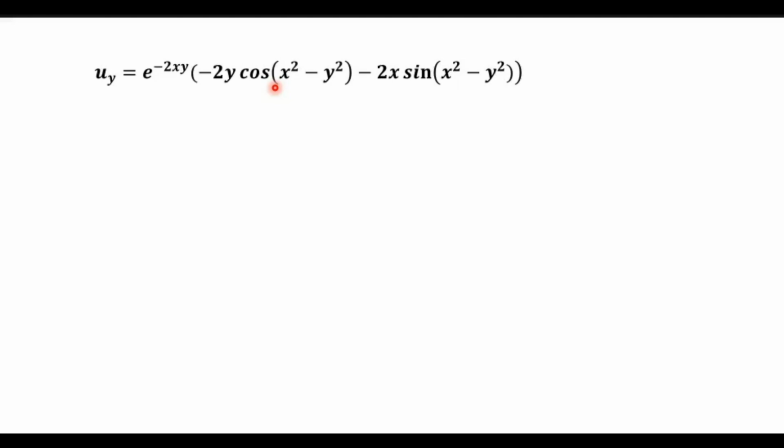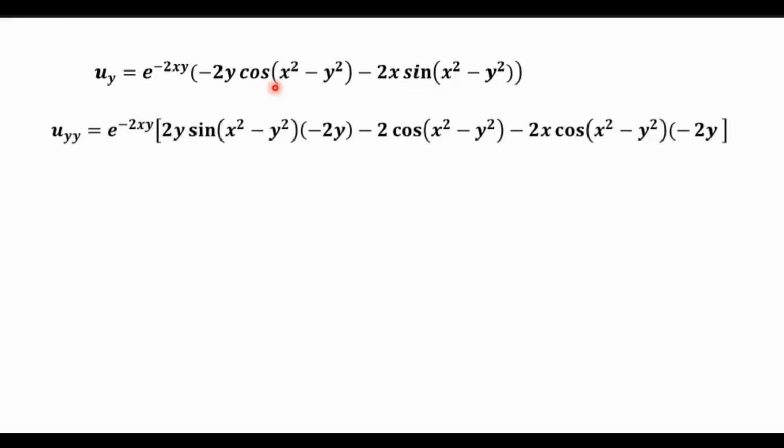Everything is simplification; only the derivative should be equal. Constant is not having any problem here. That's up to you, whichever way you want to simplify. I have kept the 2 as it is, nothing taken inside or outside. So first function into its derivative. Minus 2 is a constant, y into the derivative of cos. The derivative of cos is minus sine, so that minus and this minus go, so I'll get a plus